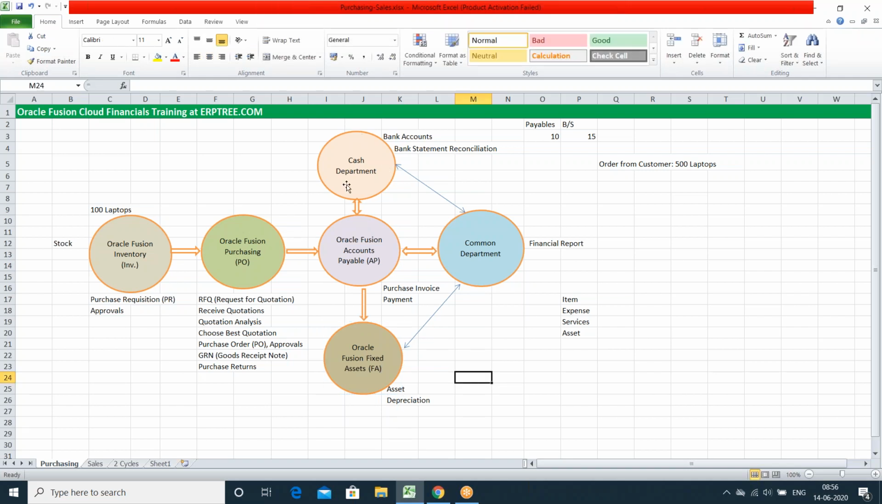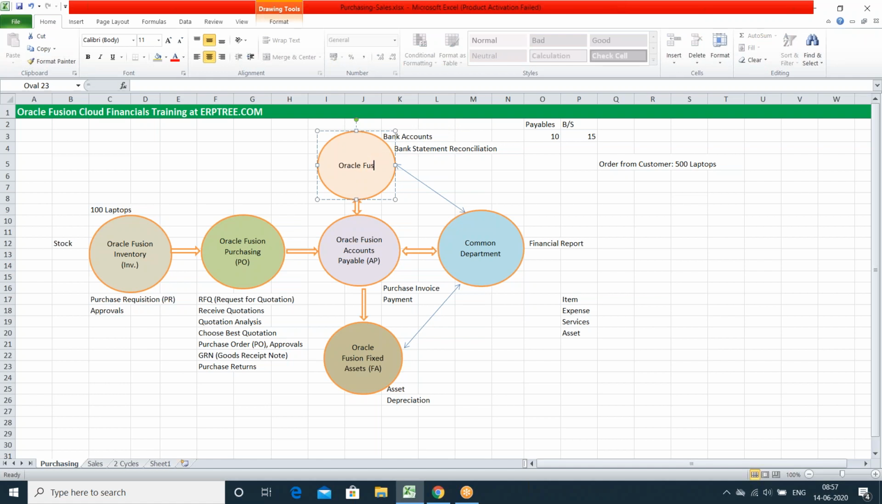And what is the responsibility of the cash department? They are maintaining the bank accounts and they are doing the bank statement reconciliation. See, take any application, we are taking the primary points, but once we get into the relevant application, we'll see the detail of what we can do in that application. Okay. The cash department is maintaining the bank accounts and they are doing the bank statement reconciliations. To maintain the bank accounts and to perform the bank statement reconciliations, we have an application from Oracle, which we call as